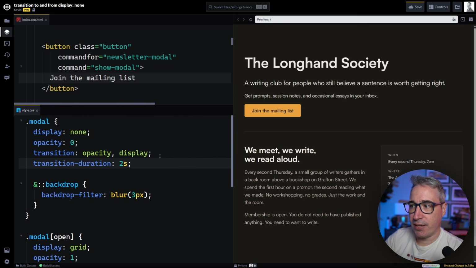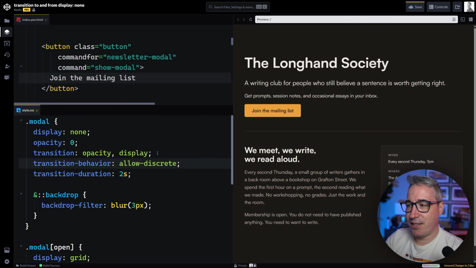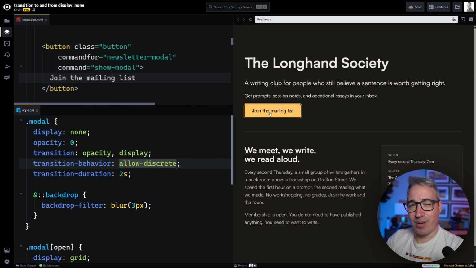And what we want to do is do this transition, and I can't do it because normally you can't do a transition on a discrete animation, which is what display is. If you don't know what a discrete animation is, I'll put a link to the MDN to explain that. But the first fix, because we need two fixes, they're both one-liners basically, is transition-behavior of allow-discrete. And this means you can take something that is a discrete animation and we're allowed to transition it. It does not work when we open it, but look at that, it fades away when I'm closing it,